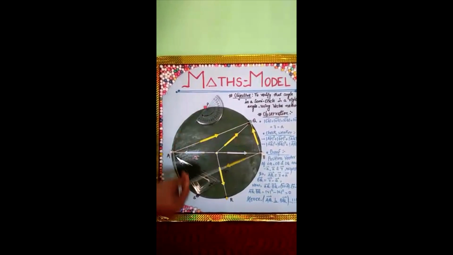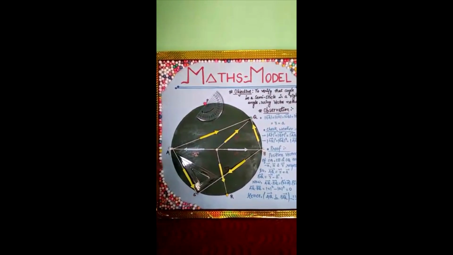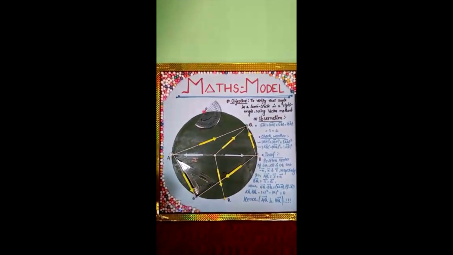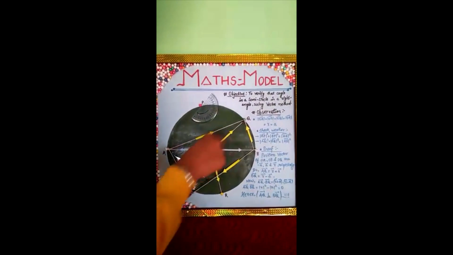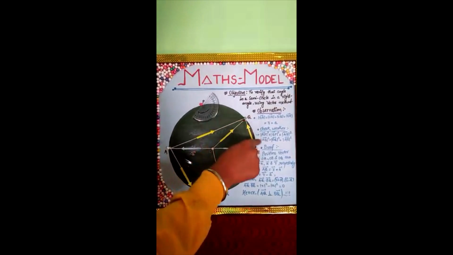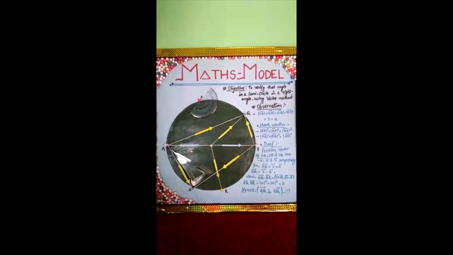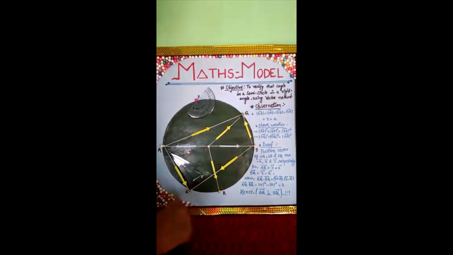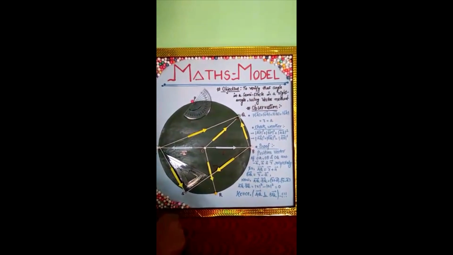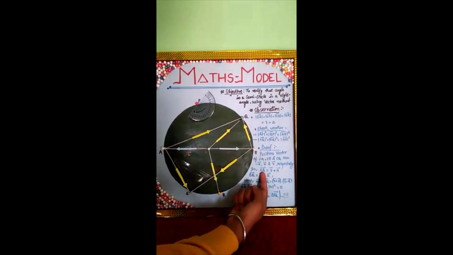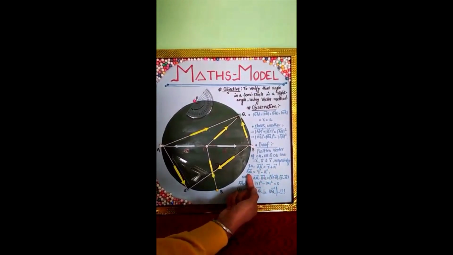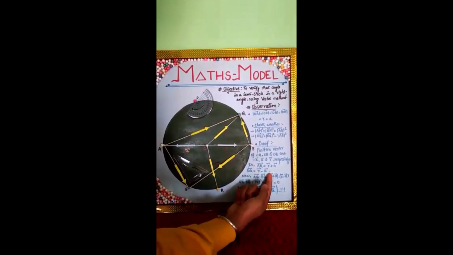But we need to prove it through the vector method. So on taking the triangle AQB and applying the triangle law of vector addition on the two triangles AOQ and QOB, you can find the position vectors AQ and BQ. So applying the law, we can find the value of AQ vector as R vector plus A vector and BQ vector as R minus A vector.